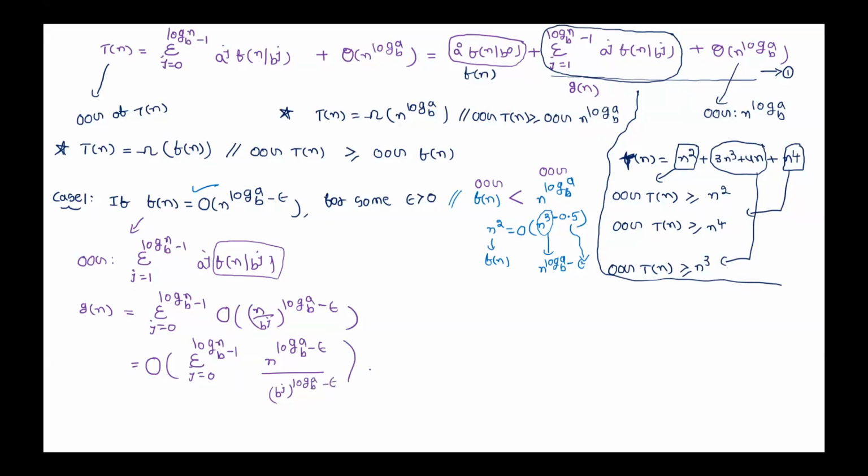Is this clear? A by b whole power m formula I applied. Okay, even if you don't understand, still it's fine. Sigma j equal to 0 to log n base b minus 1, into this one, we can write it as, it is same as